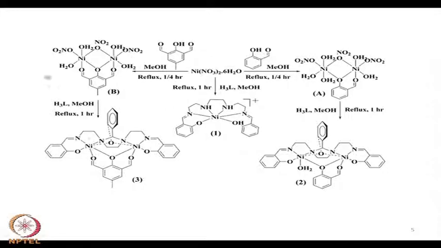So, when you allow it to react with HCl, because this particular unit you can very readily isolate, and when this exogenous group is present, you do not find any kind of hydrolysis. So, if the condition is the same, in presence of this group, the same ligand in methanol reflux for 1 hour, the condition is same, but you are getting two different compounds, 1 and 3.